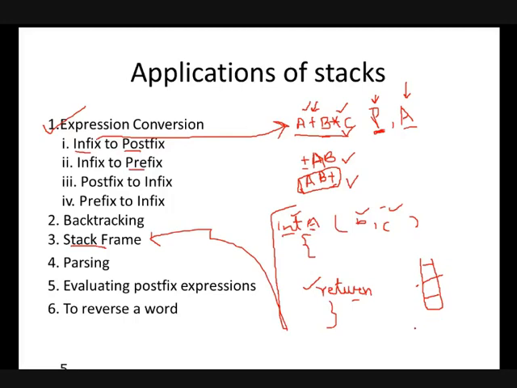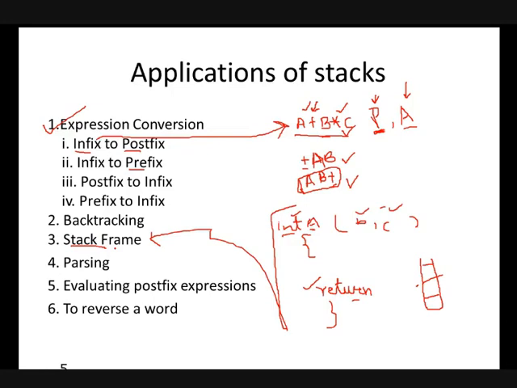You can also compare this stack frame with a buffer. When we are using some temporary space, and that space is going to be updated in future, then you can say that it is a stack frame, or it is an application of the stack.